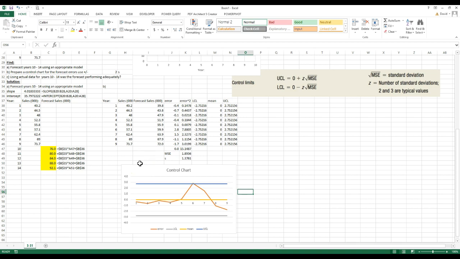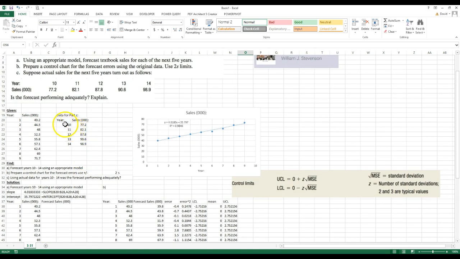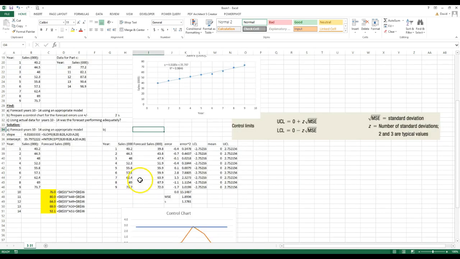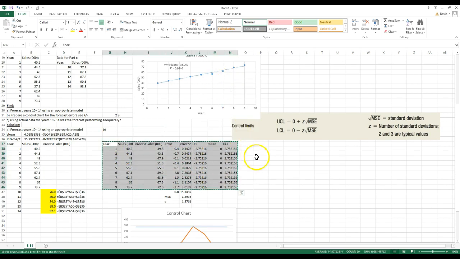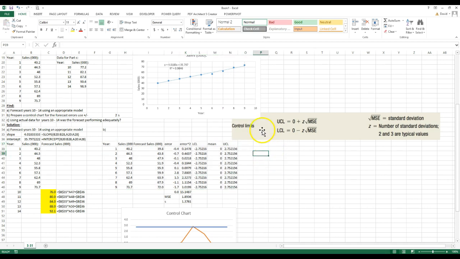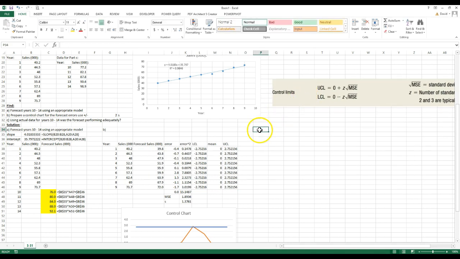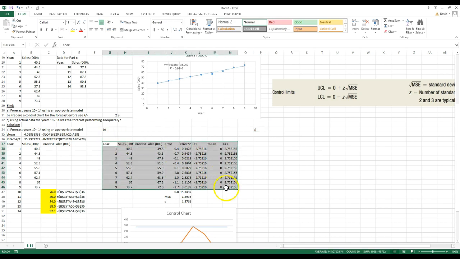So now finally it says C. We have an actual forecast, and that's up here. So we could go here and put this in. Let me do it. What I'll do is I'll just go ahead and copy this again. This is going to be C. Before I copy it, let me move this aside. So now let's do C, and let me copy this data again. So copy,